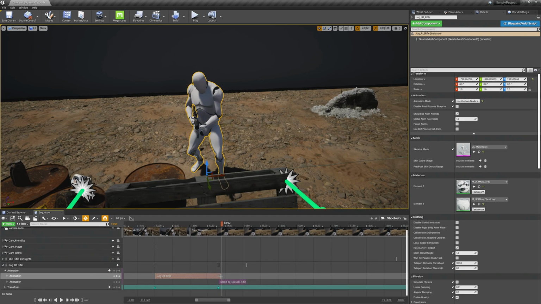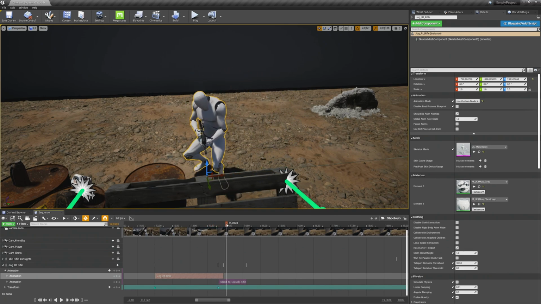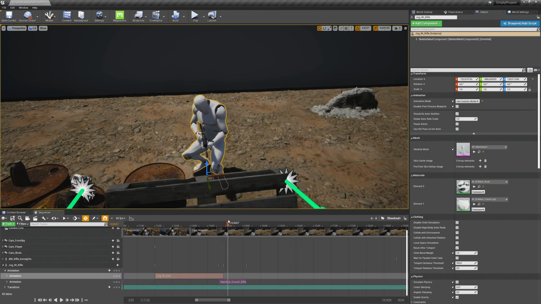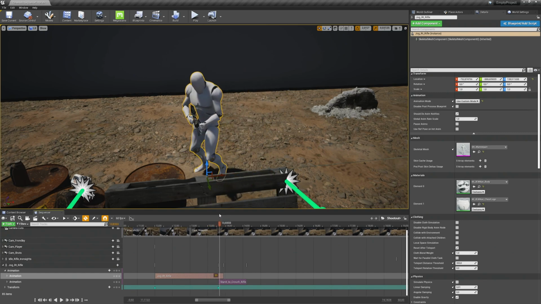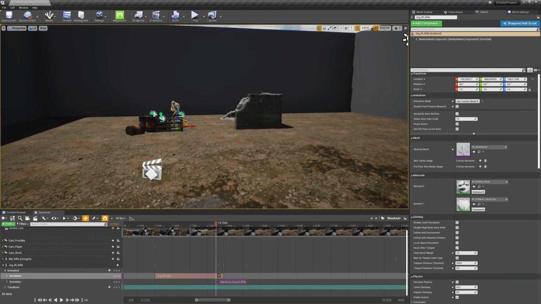I think we need a bit more here. Yeah, it's a bit clunky, but still, it works. Don't want to go too much into details here. Yeah, I think it's good for our purpose because we are far away with our camera.